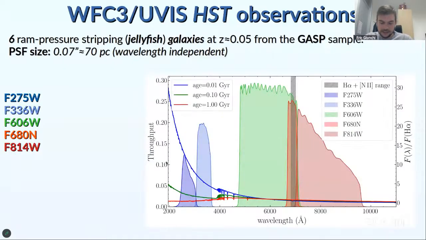So the 6 galaxies that you have seen before have been observed also with HST, in particular in these 5 photometric filters that cover the optical bands, but also the near UV bands that are very important because, as you can see from these spectra, they can really help us in distinguishing different ages for the clumps from 0.01 gigayear to 1 gigayear. And also, thanks to this narrow band,